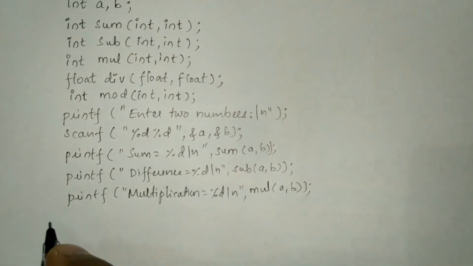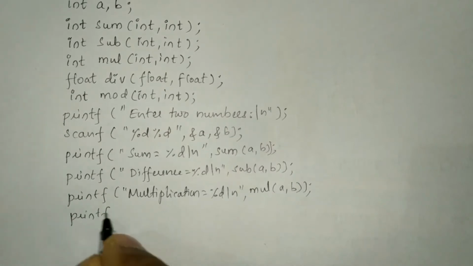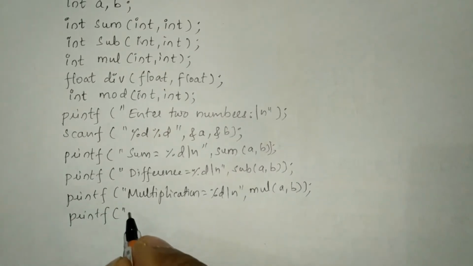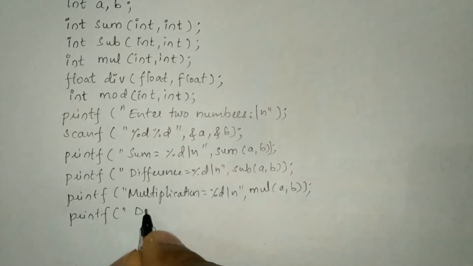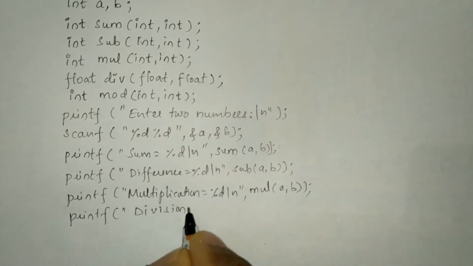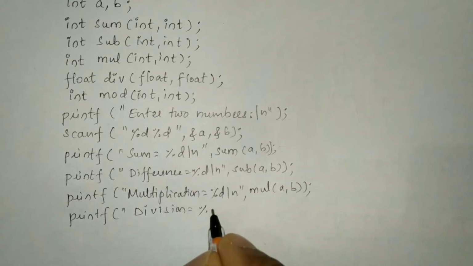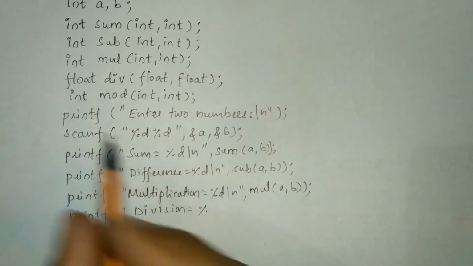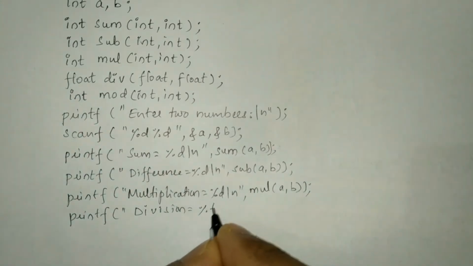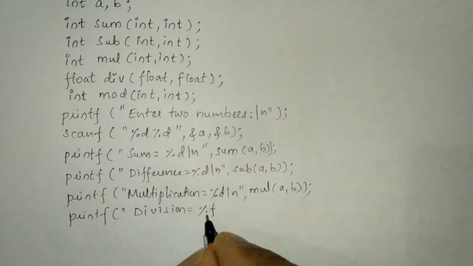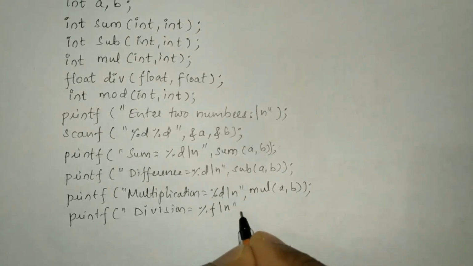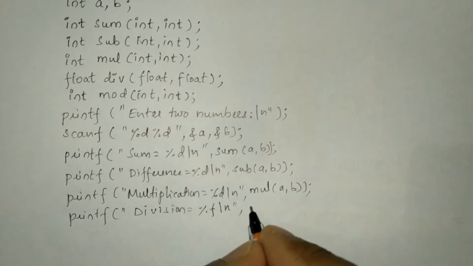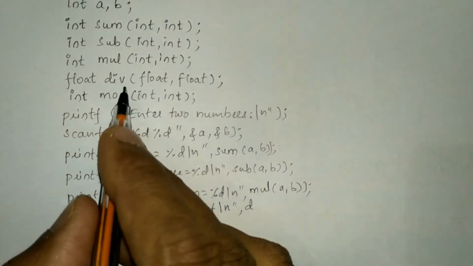So similarly I'm going to go for division and modular division. Here I'm going to write a printf statement and in double quotation marks I'm going to write "division is equal to", here I'm going to use %f. Why? Because here you have used float type of data, so that's the reason the format specifier must be for a real number, that is floating type of data. So backslash n, end the double quotation mark, put comma and call this particular function, that is division.